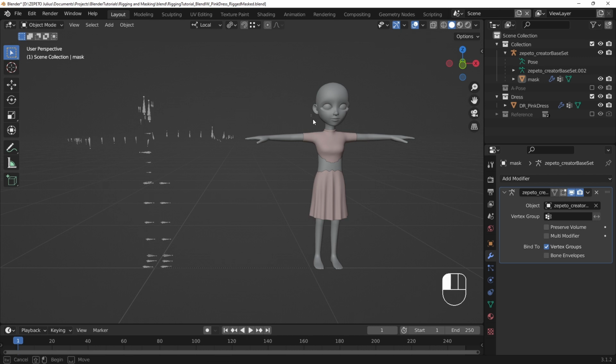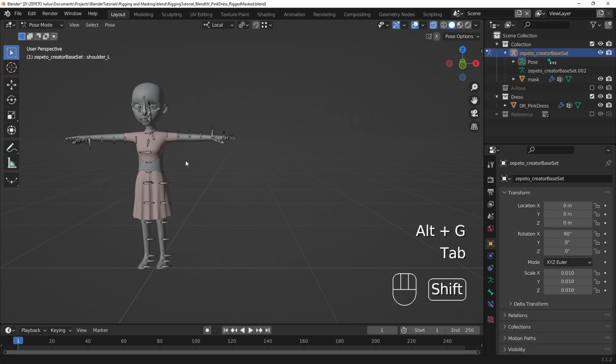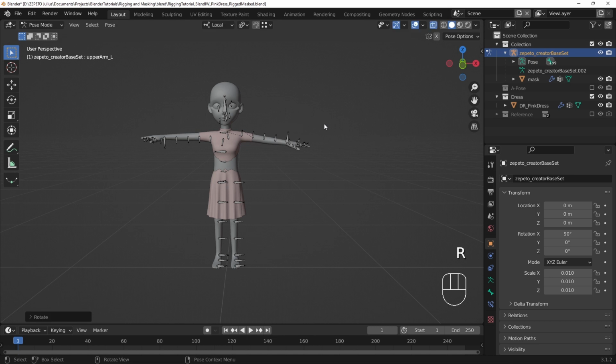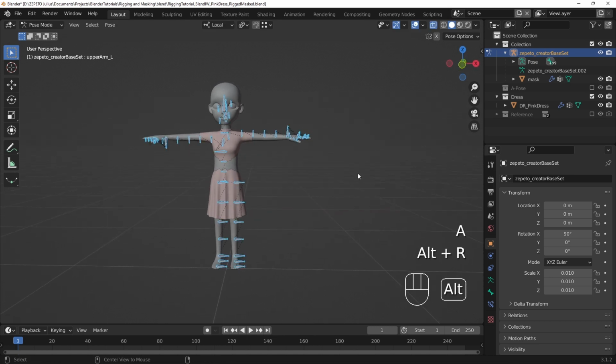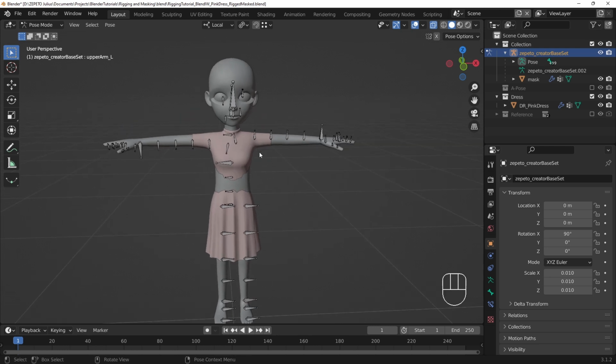The Zepeto avatar uses mesh objects and a digital skeleton to be able to move. Parts of the mesh are told to follow the movements of certain bones on the skeleton, and those bones move to animate the character. The rigging process serves to supervise assigning vertices on the mesh to the bones they need to follow.